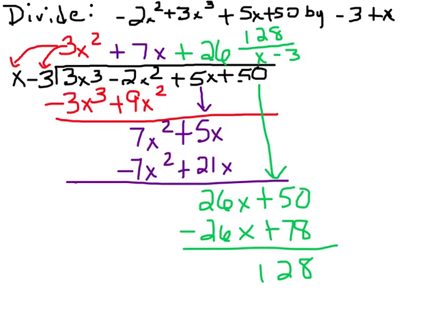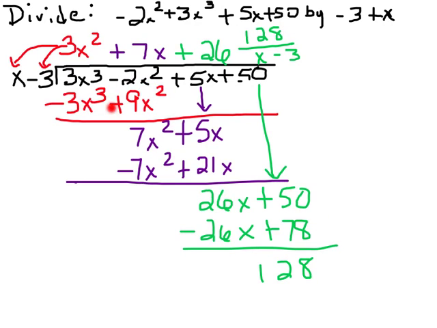Okay, this is a problem from your book that you can look along and follow along with. Here again, we're going to go through the same process. X times what is 3x cubed? Well, x times 3 is 3. X squared times x is x cubed. Then we're going to say 3x squared times this negative 3. And we're going to get negative